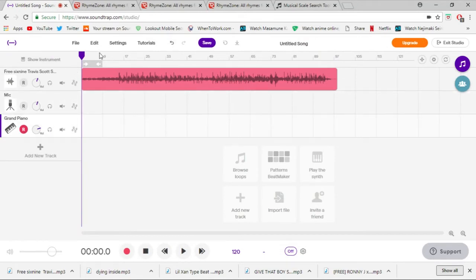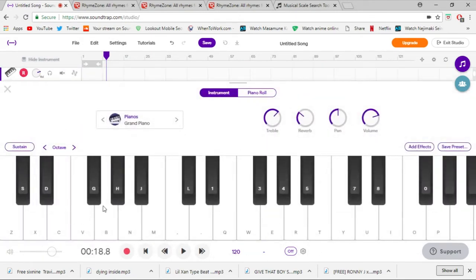The piano is for auto-tune later on. You need to figure out what key the song is in so you have the correct auto-tune key. A lot of people don't know how to do this. It takes like 3 seconds. All you have to do to figure it out is press play on the beat, listen to it, and you gotta find